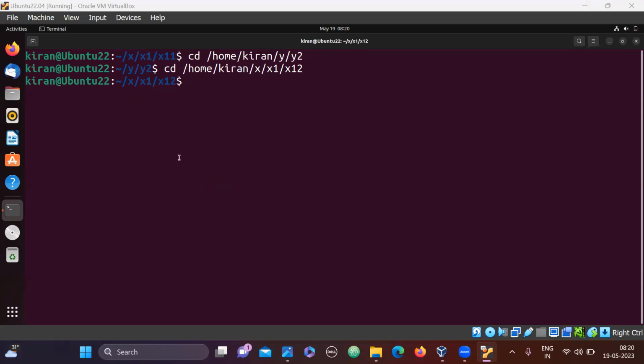Super. Now the same thing. I want to do it using a relative path. How will you do that? This is very important. When you are working in real time scenarios,